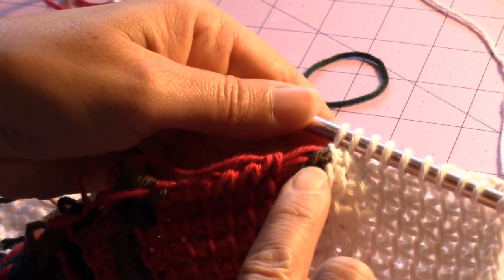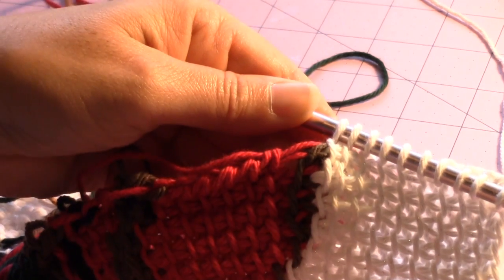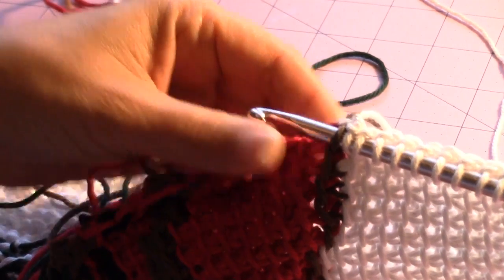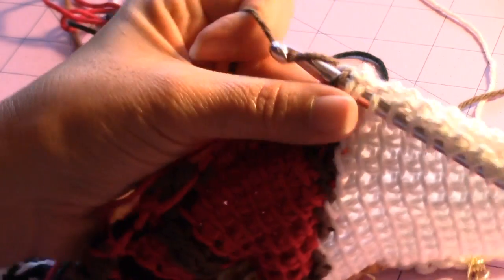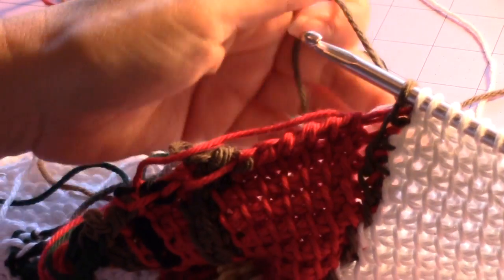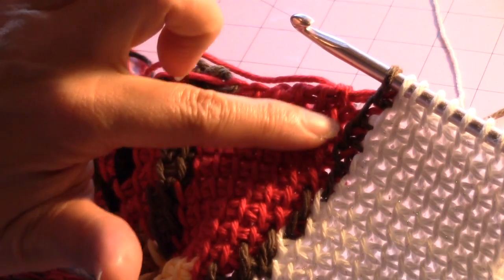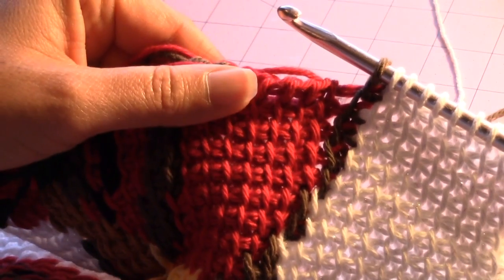See how it went at a little bit of an angle? You don't want to miss the stitch as you bring up your loop. So make sure that you still bring up the loop in the proper stitch. And then here you can see a similar situation where the red,